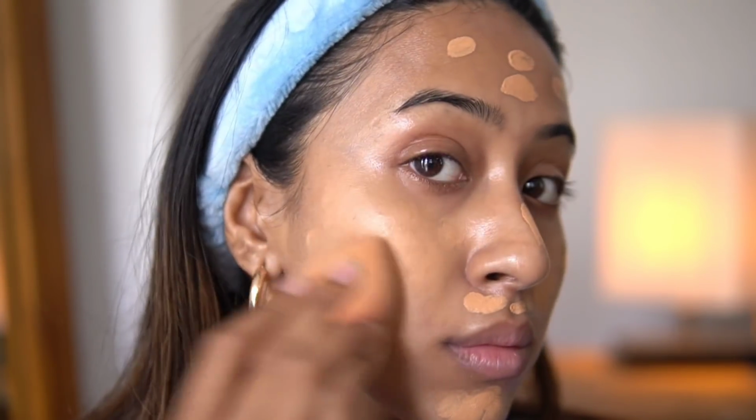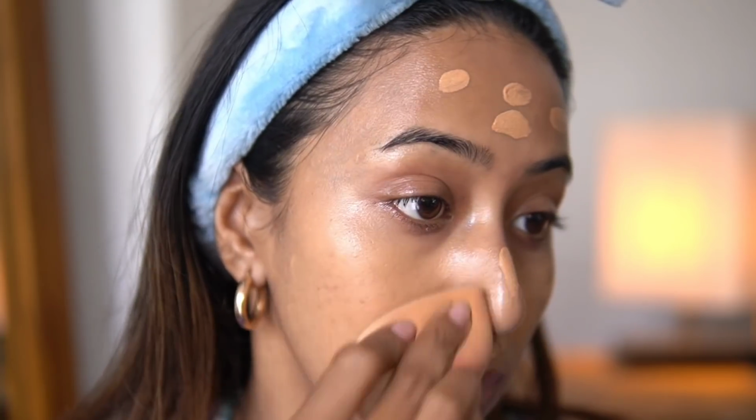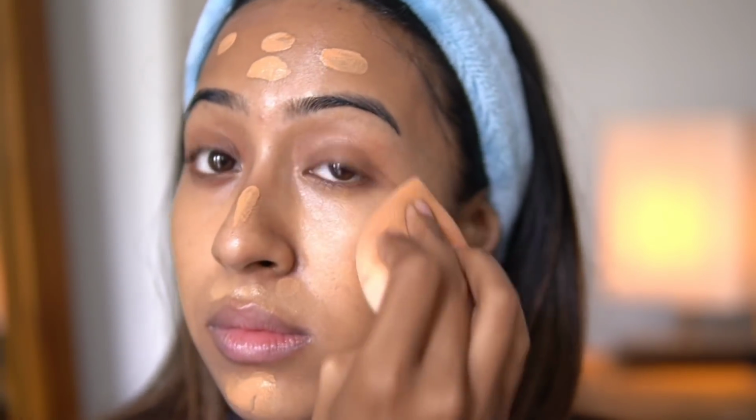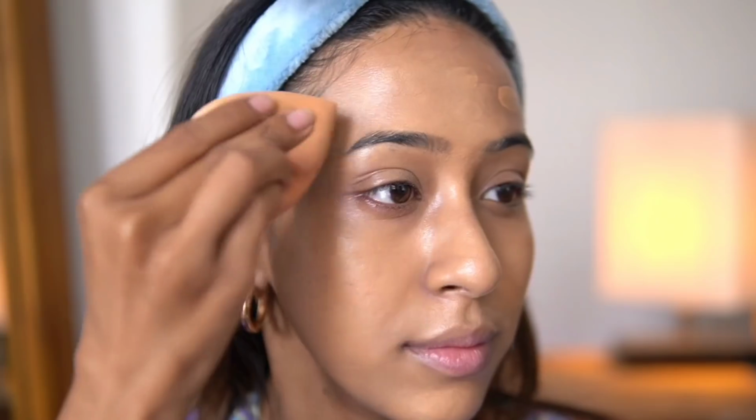Now the best thing to go with is a makeup sponge. I have used the Mars makeup sponge with this foundation, and I just feel like this is a match made in heaven. The primer oil and this one is such a beautiful duo, and even though it is high coverage, it does have good coverage, it is just going to look like skin